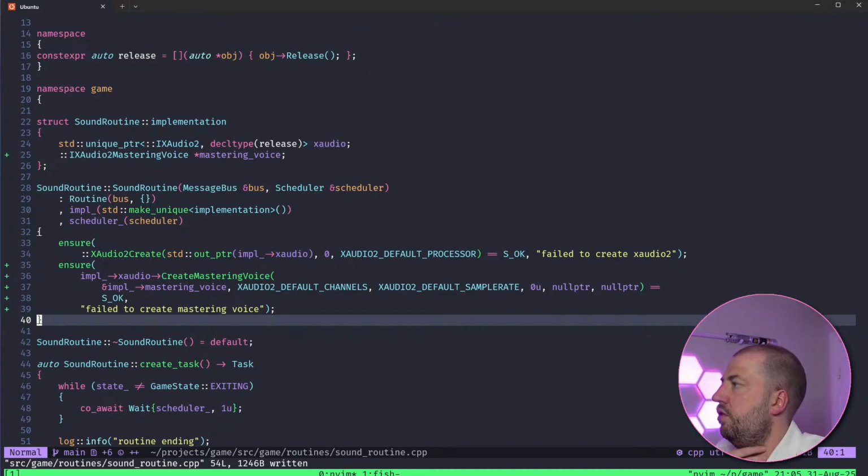Volatile, I think, is often misunderstood. It has nothing to do with thread safety, really. It's just telling the compiler that there's something very specific at this address.